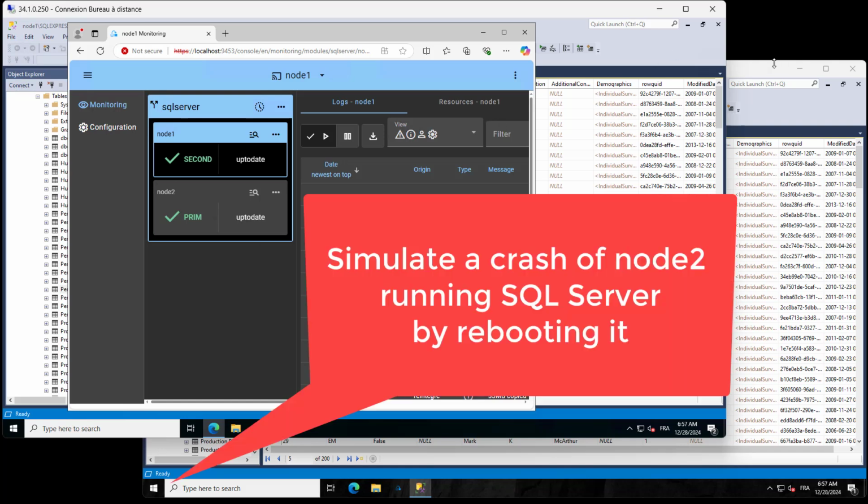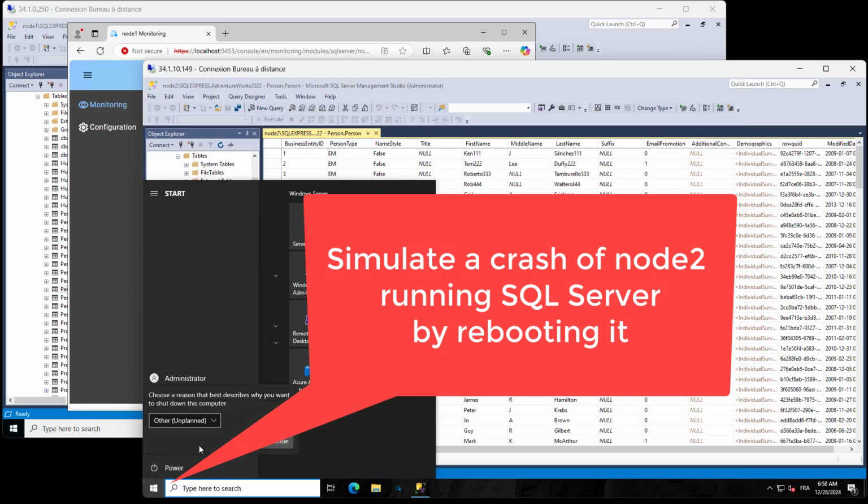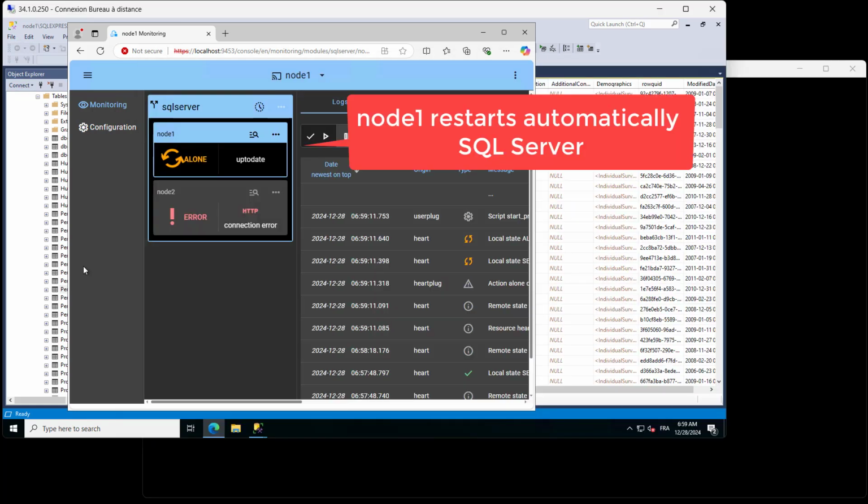Now, let's simulate a crash of Node 2 by forcing its reboot. The module on Node 1 detects the failure and automatically restarts the SQL service.